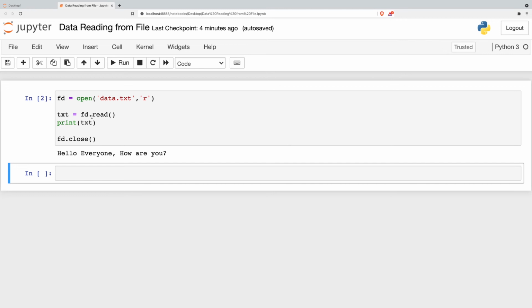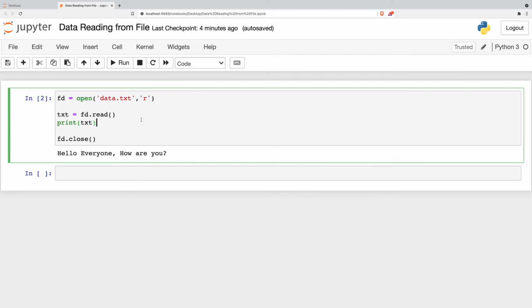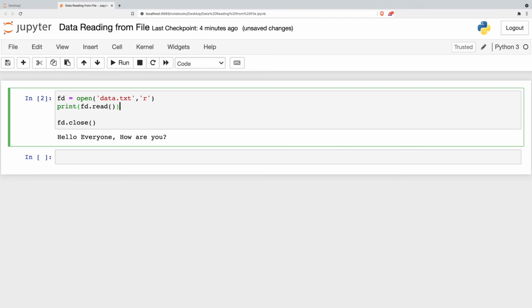And I have written the code of just 4 lines. I'm opening the file, I'm reading the text from it, and I am closing the file. Actually, this is a 3-line code. This is something I'm using for printing purposes. I can remove this as well. I can execute this whole code in just 3 lines. So now if I'm executing it,